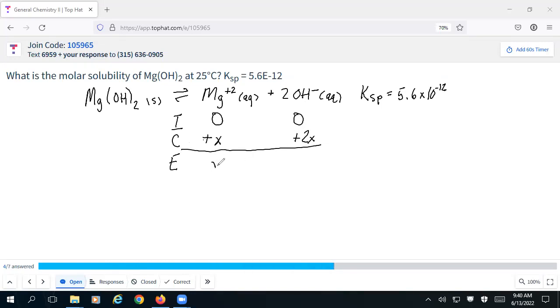So the magnesium concentration will be x, the hydroxide concentration will be 2x. This is all going to equal 5.6 times 10 to the negative 12th, but we have to keep in mind it is the magnesium concentration multiplied by the hydroxide concentration